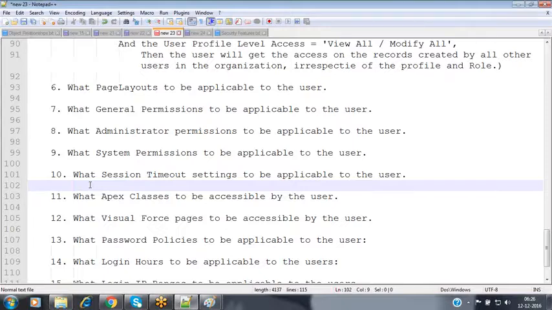Whenever anybody modifies the record, at the record level the last modified by field is available. In that modified by field, it tracks that this is the person who has modified my record and changed some field values inside it. Along with that, on that record you will have field tracking, which logs that this person modified our record on such and such date and time. These field values he has modified. This is the old value, this is the new value. So with field tracking and the last modified by field, we are able to track which user has modified it. Email will also be sent to the user.